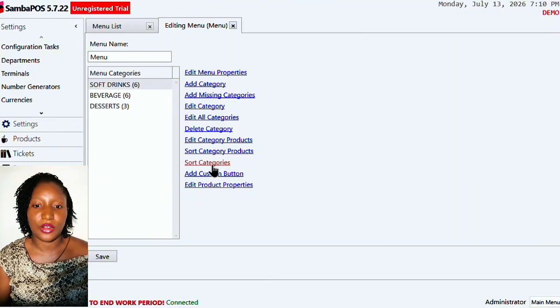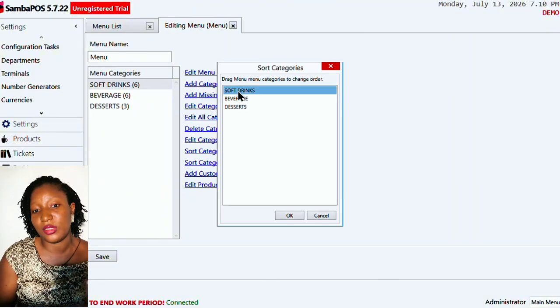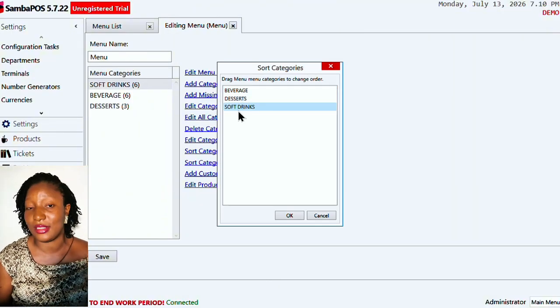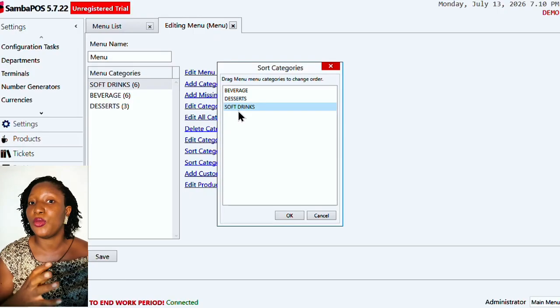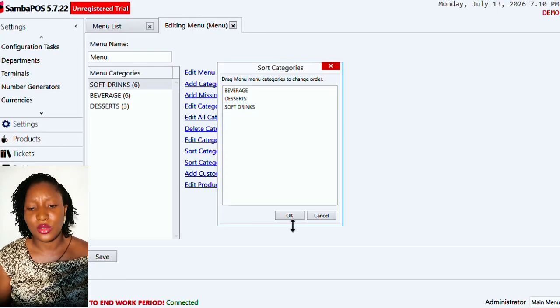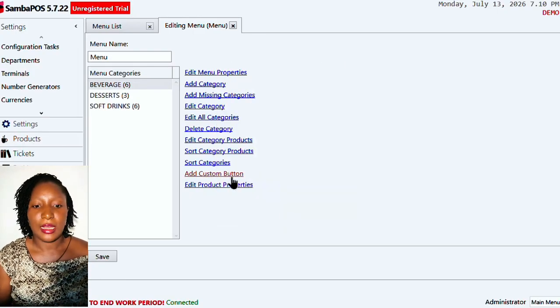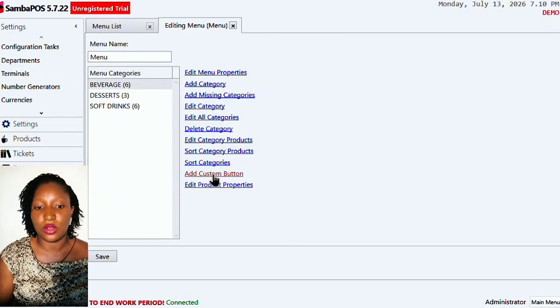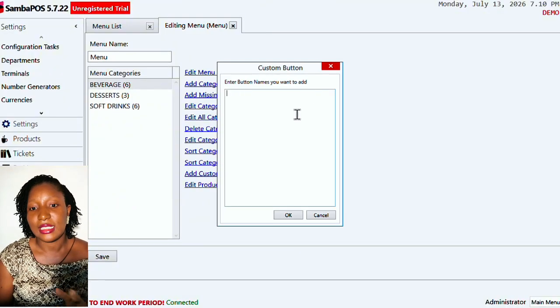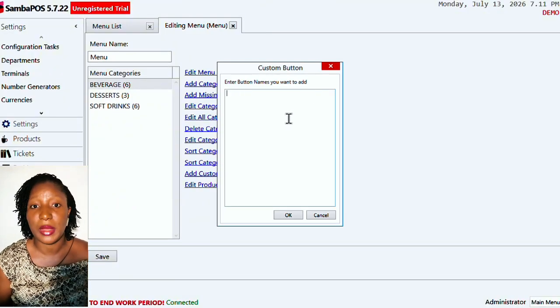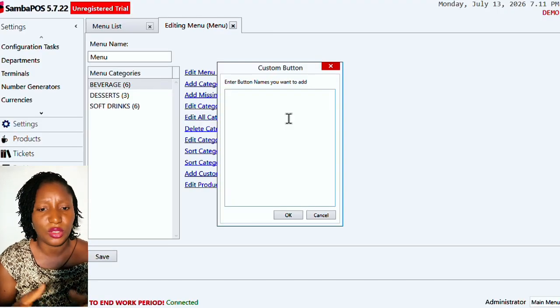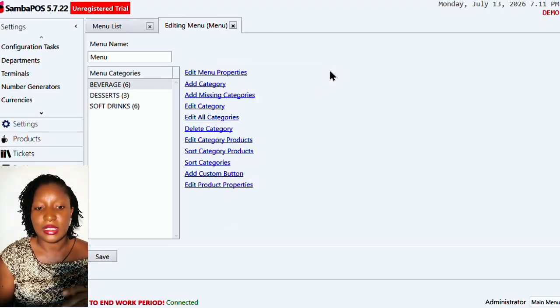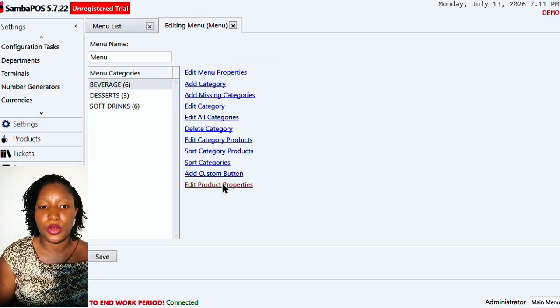We have sort category as well. I have the soft drink. I can as well say I want the soft drink to come down, and the soft drink is going to come down. However way you want to arrange it, that also can be done. If you want to edit your button, enter the name you want to add. If you want to customize your buttons, that also can be done. If you want to edit the products,